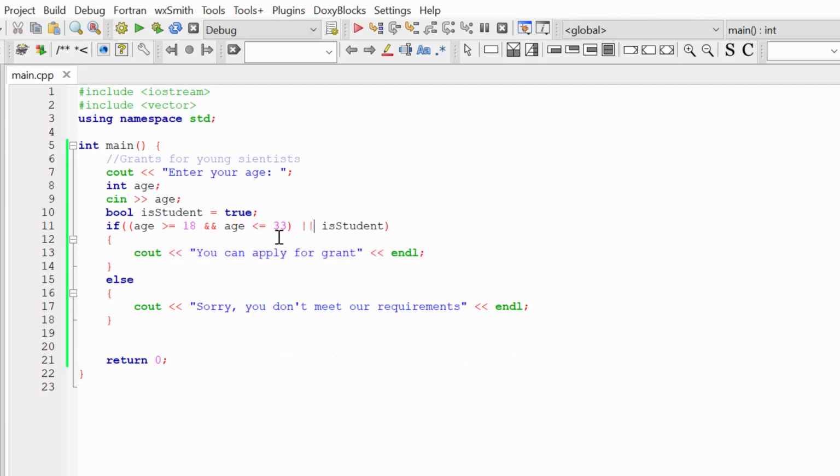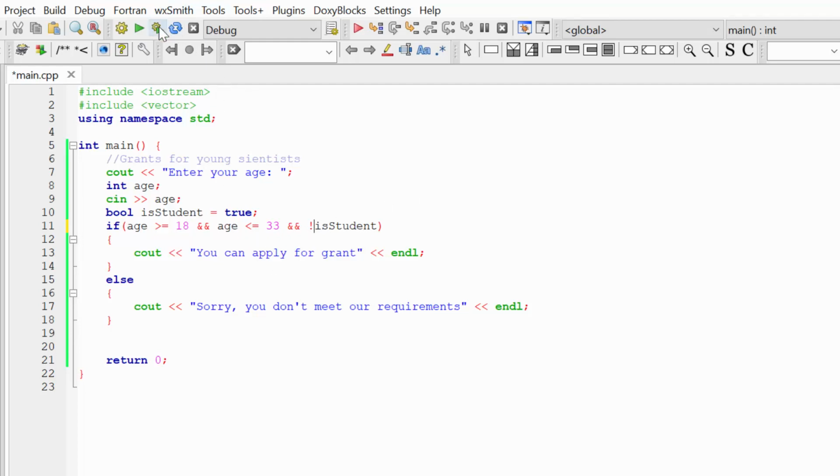Okay, but let's say now we have some changes in our grant system and we actually don't accept students, because we think that our applicants should be already scientists, so they already graduated. In this case, I'm going to write our conditions like this. Our user should be older than 18, younger than 33, and our user is not student, so I'm going to use the not operator.